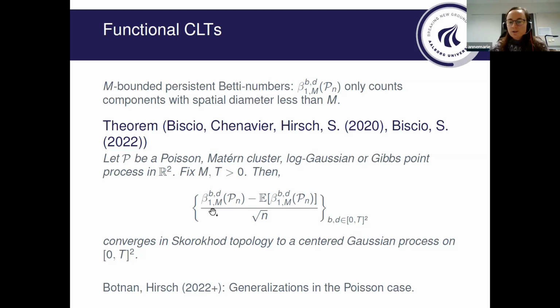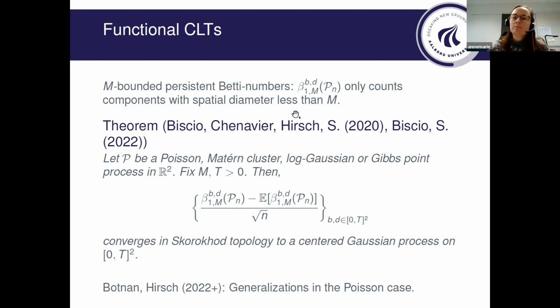But the results we have here are quite limited still. They are restricted to 2D. And also we have to destroy the topology a little bit. So the topologists are probably not going to be so happy about this. At least I'm not so happy about it. But we have to